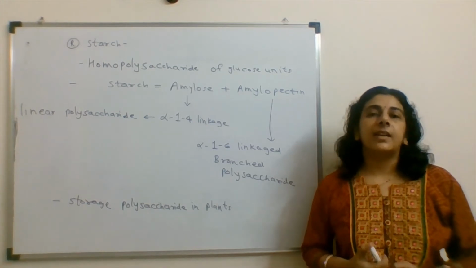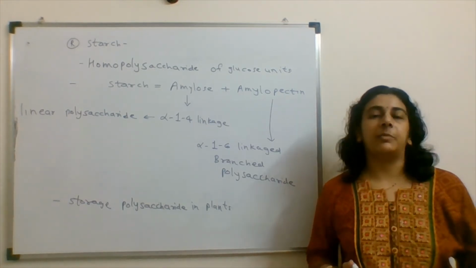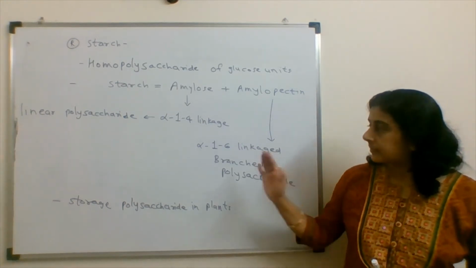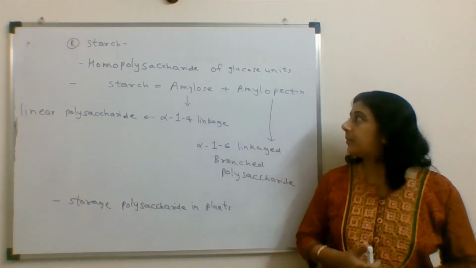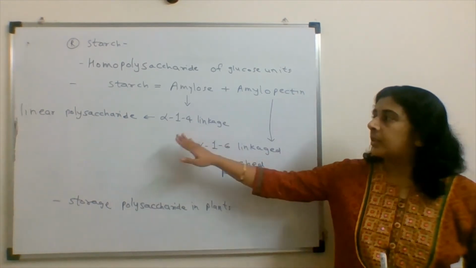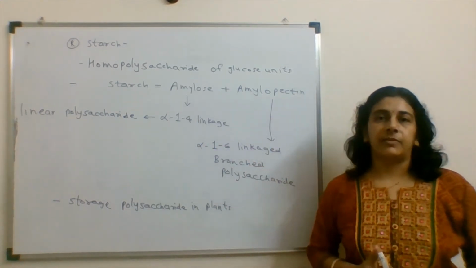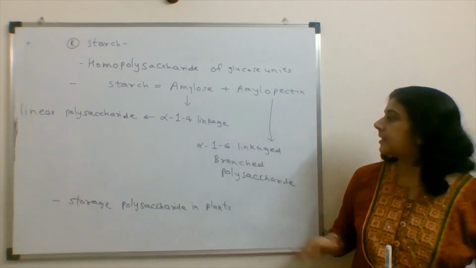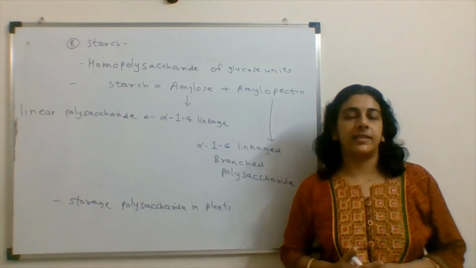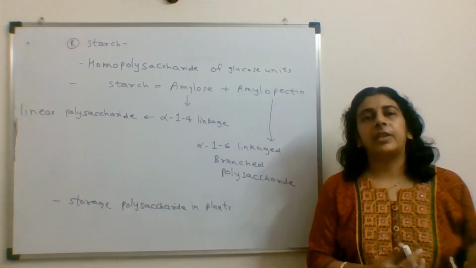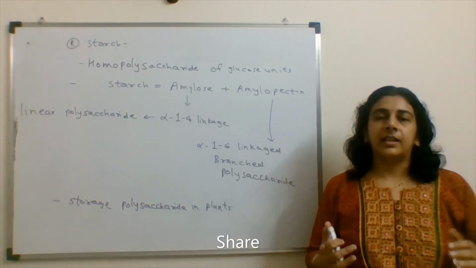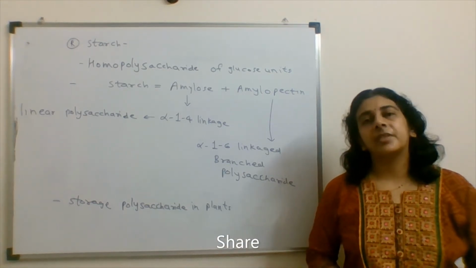The difference is amylose is a linear polysaccharide, a straight chain structure, and amylopectin is a branched polysaccharide. The bond in amylose is the alpha 1,4 bond, whereas in amylopectin there is an alpha 1,6 bond after every 24 to 30 residues of glucose, and hence these two combined form the structure of